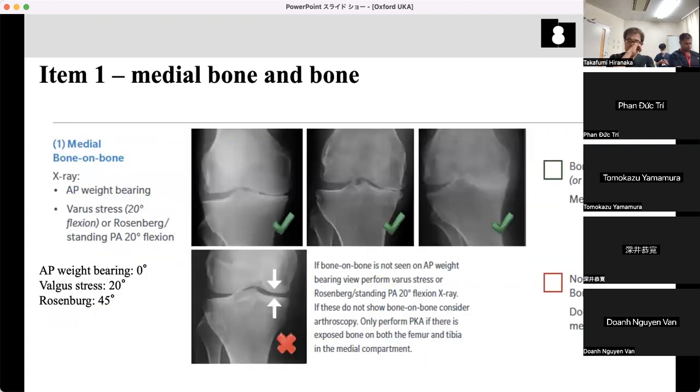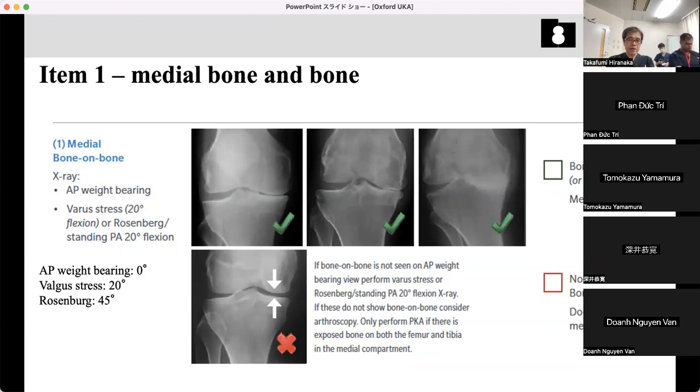So I will explain the 5 items. Item 1: medial side bone-on-bone. It's quite simple. It can be seen in an AP weight-bearing view, a stress X-ray in 20 degrees of flexion, or the Rosenberg view. In at least one view we should find complete medial side bone-on-bone. Otherwise, in this case, there is partial thickness cartilage wear. Never do UKA for such a patient